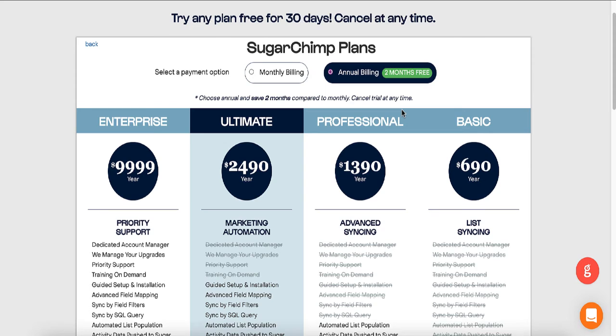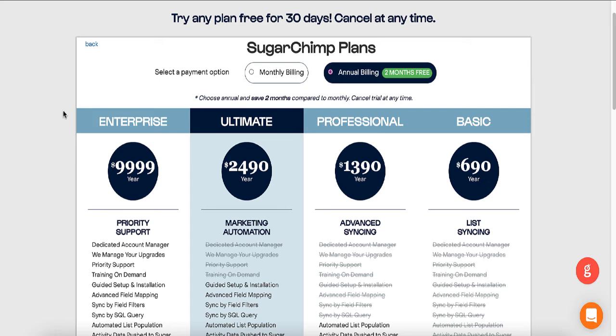It's the integration between Sugar and Mailchimp. The goal of SugarChimp is to keep both Sugar and Mailchimp up to date on both sides. So when you're working in Mailchimp, you can always have the most up to date information based on Sugar data. You can kick off automations based on Sugar changes and also use Mailchimp's segmenting features to really narrow down the